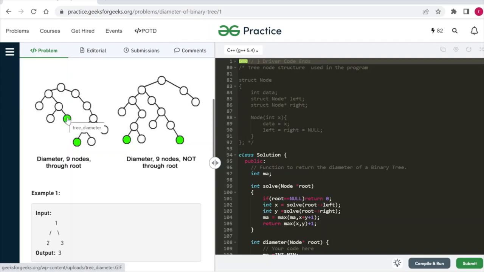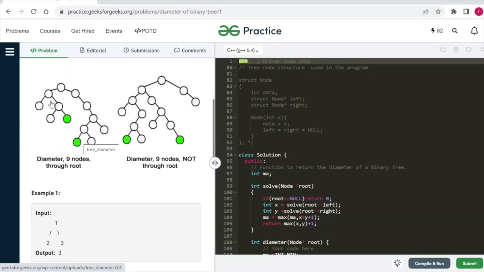For example, in this case 1, 2, 3, 4, 5, 6, 7, 8 and 9. So we will output 9. You can check any other path, you will not get more than 9 nodes. Suppose you check between this node and this node, you will not get greater than 9: 1, 2, 3, 4, 5, 6, 7, 8, 9. It is also giving 9 only. If you check this node and this node, 1, 2, 3, 4, 5, 6, 7, 8. This is giving 8 only.